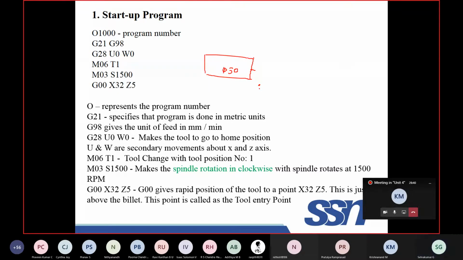This is 32 comma 5. So we are setting all the values: program number, system, home position, tool, rotation, everything is set. From this point the actual machining begins. So up to this it is known as the startup program.